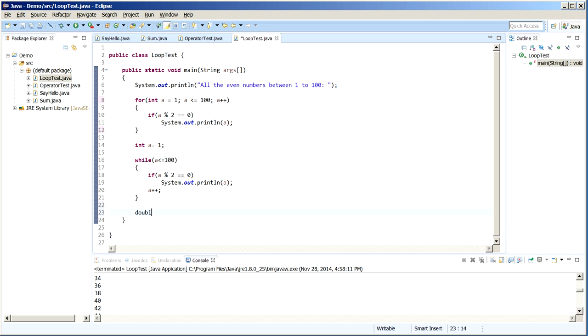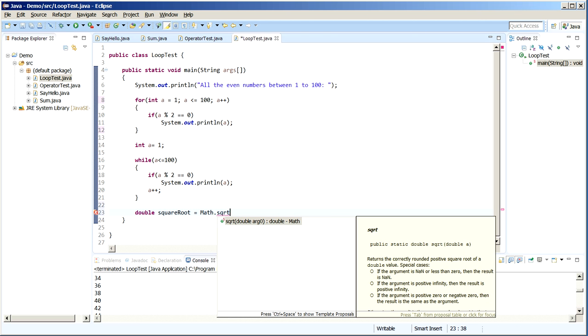So firstly we have to create a variable, math, square root. Don't think about it, don't be bothered about it. It's just a name. You can name it anything. Just to sound fancy, I named it square root. But make sure with math class you have to use double, not int. So be sure. Then you have to write Math dot